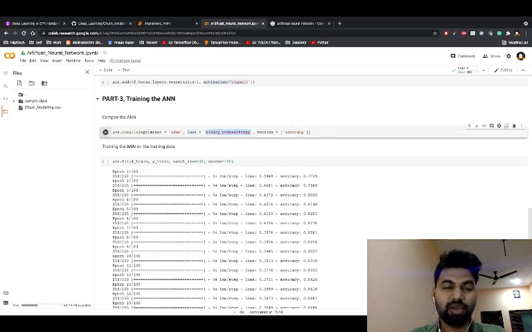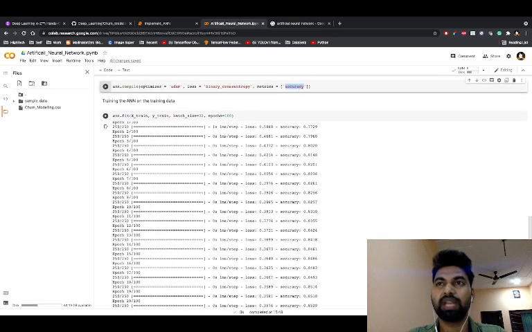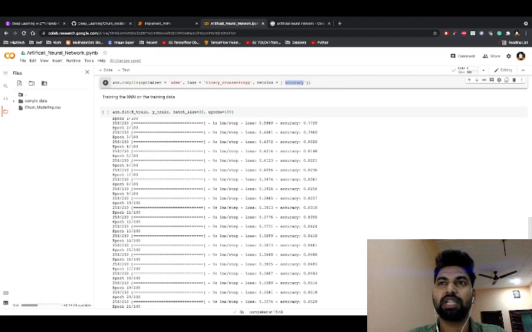If it is categorical, then we need to use categorical cross entropy, but we are dealing with binary, so I'm using binary cross entropy. And metrics equals accuracy, because in the next part I will find out the accuracy. So after that it's compiled. After compiling we need to train the artificial neural network. For that I'm just doing a fit method, right?